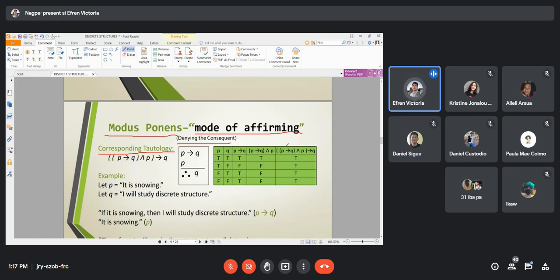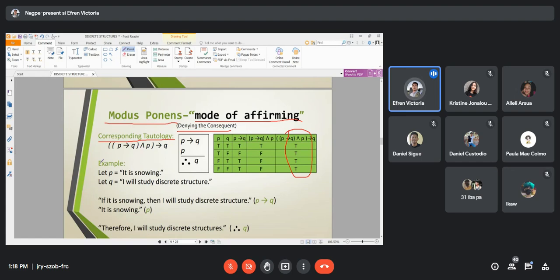So, mapapansin natin, if we observe the truth table, tautology. Okay? So, ibig sabihin, yung mga argument na belong sa modus ponens is true, kasi if we create the truth table, all output is true. So, ayan. Then, example,